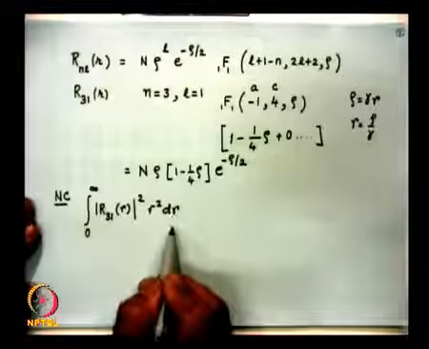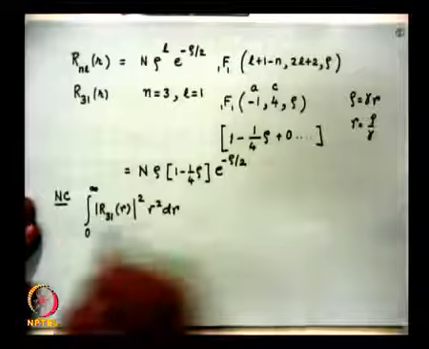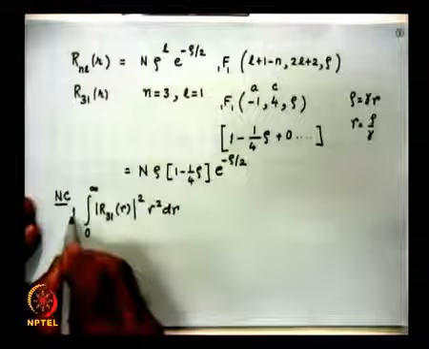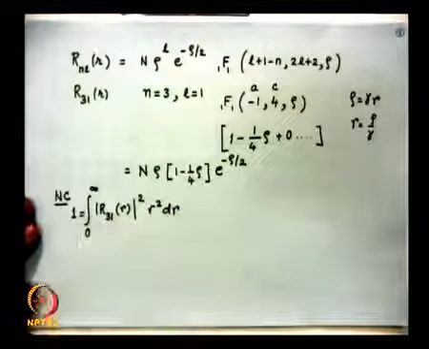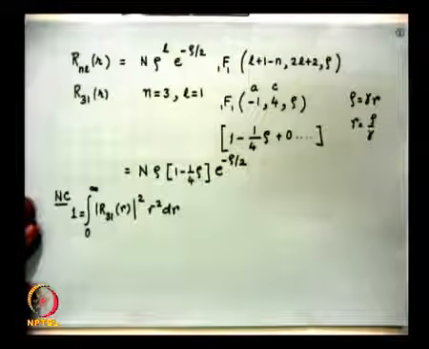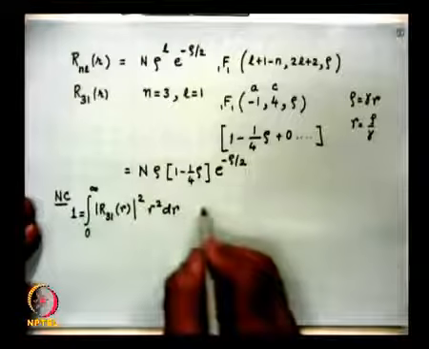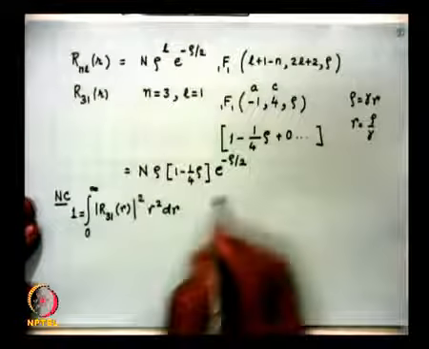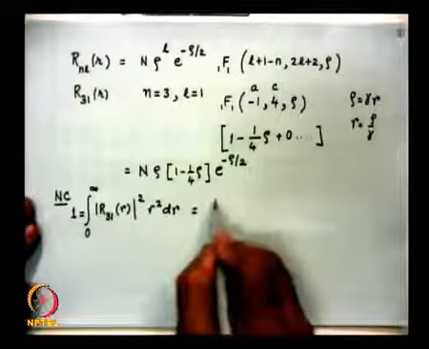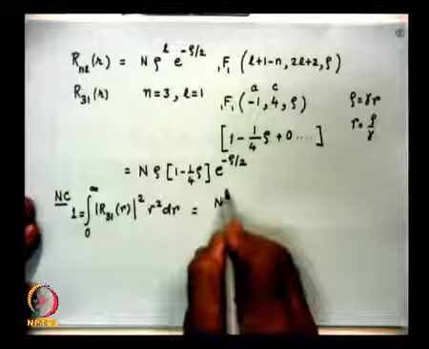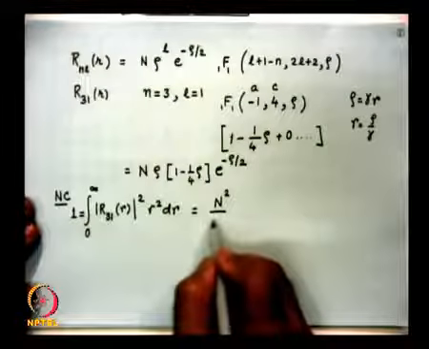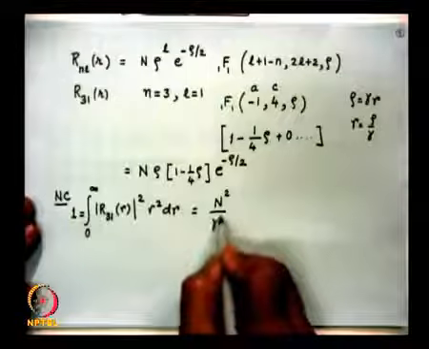This will be d rho by gamma. So, the normalization condition is 1 is equal to so much. So, this will be rho cubed divided by gamma cubed. If you square this, you will get N square by gamma cubed